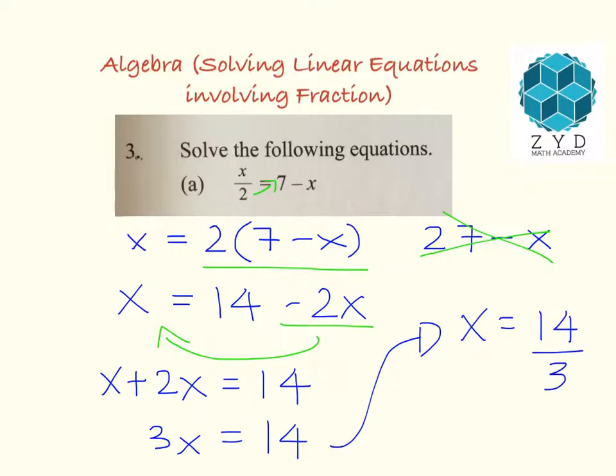We divide by 3 because this 3 goes down to the right hand side. Okay, so it's perfectly alright to get an answer with a fraction like this. You don't have to express it as a mixed number. 14 over 3 is just fine. Alright,